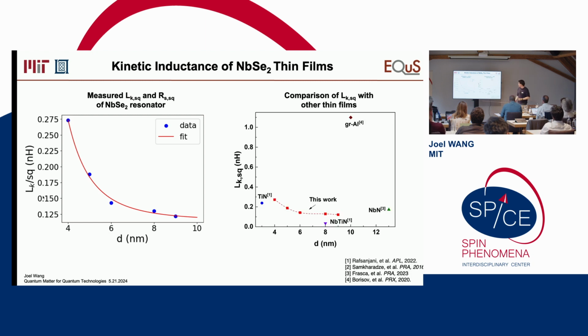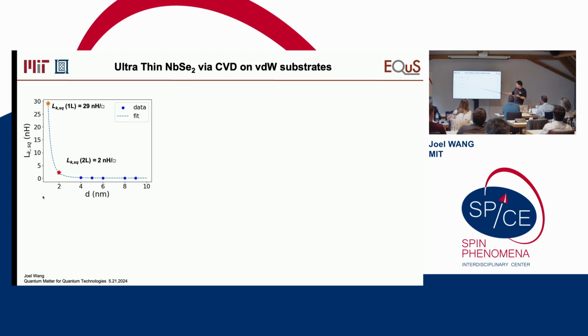And just to put it into context, we compare what we have measured so far to existing high kinetic inductance superconductors, or sometimes people call them superinductors. So you can see that we are on par with some typical materials in terms of the kinetic inductance per square. We are still far away from granular aluminum, which is a very promising material. But you can see that we are only at 4 layers, or 4 nanometers, right now. So if we can go further in the thickness, based on the simulation, it can reach pretty high for 2